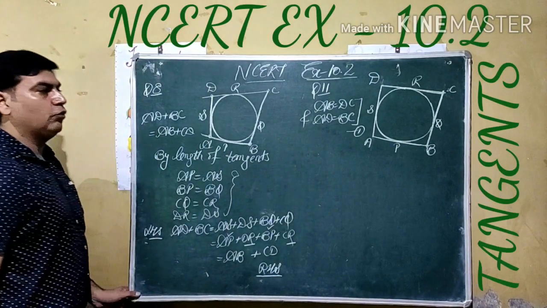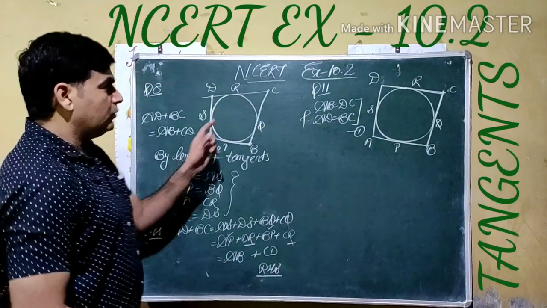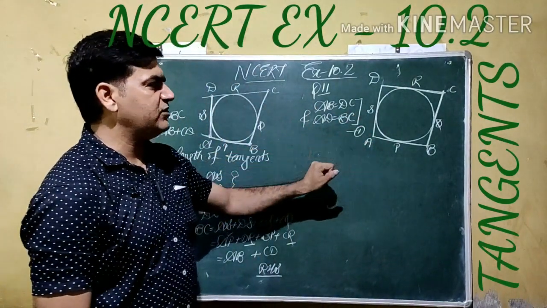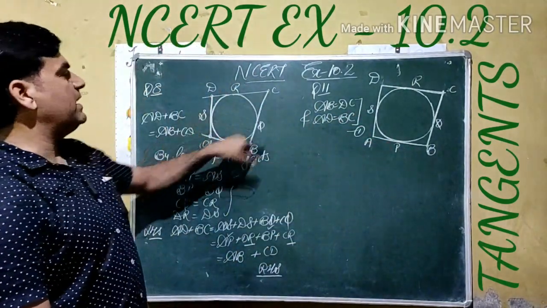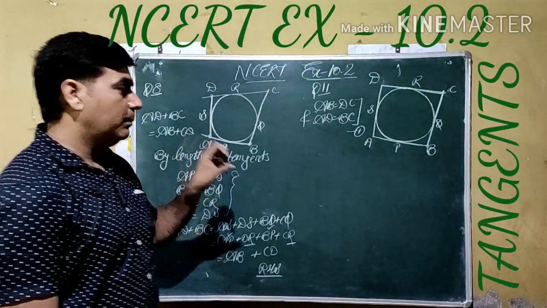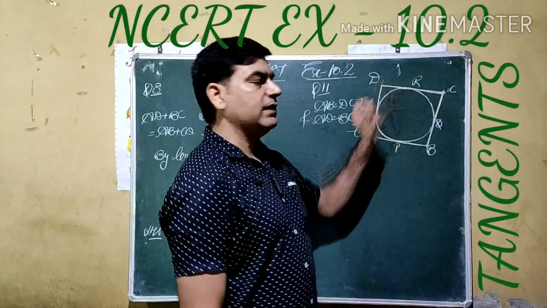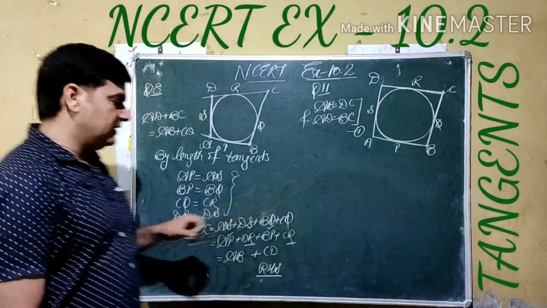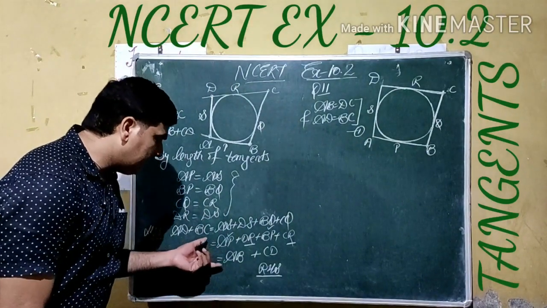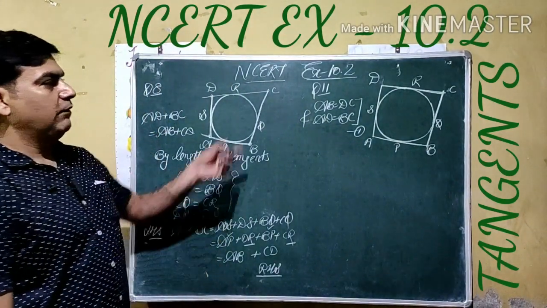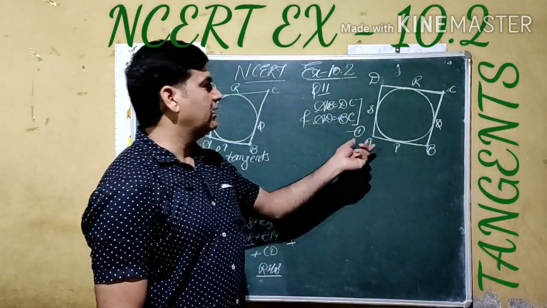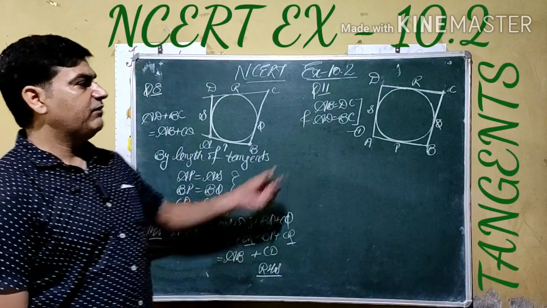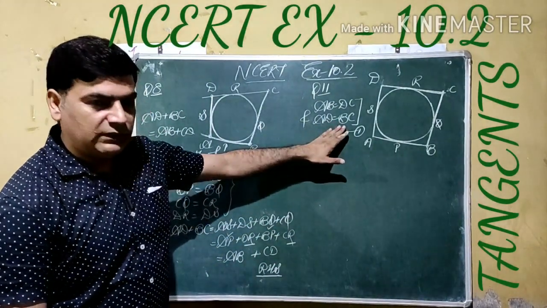Now, as we have told earlier, question number 8 and 11 are similar. If you see, the diagrams are the same, but there is a change of shape. Here ABCD is given as a simple quadrilateral, but here ABCD is given as a parallelogram. It means it is also a quadrilateral, so this result also holds here. So we can use the result here, but in exams, first of all we have to prove this result. Then we come to question 11 to complete it.